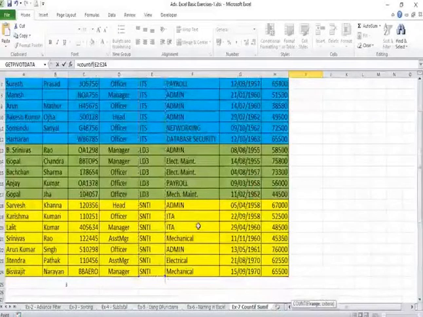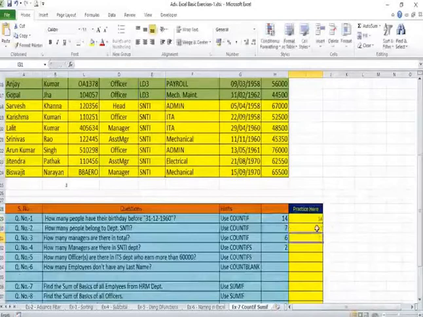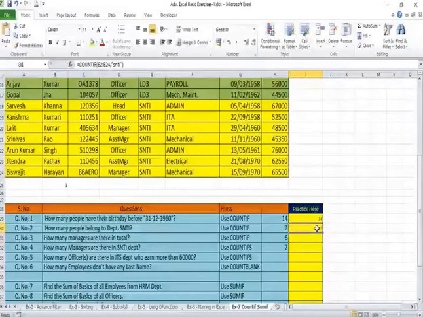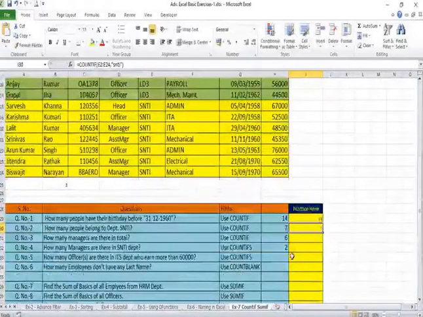Put a comma and within the double quotes write SNTI. You can write in small or capital, it doesn't matter. The result will be the same. Close the bracket and press enter key. So the result is there are 7 people belonging to SNTI. You can cross check the result going to the database to see if your answer is correct or not. Alright.